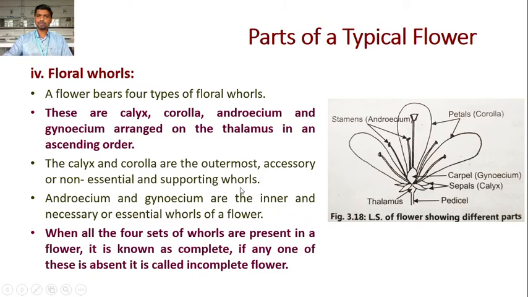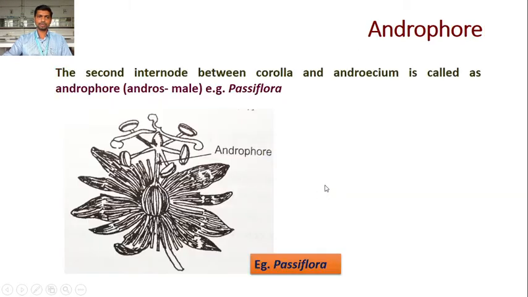So these are the floral whorls: calyx, corolla, androecium and gynoecium. If one asks how many calyx are present, we have to count the sepals. Here 4 sepals are present. If one asks how many corolla, how many petals? 1, 2, 3 petals are present. How many stamens? 1, 2, 3, 4, 5. Androecium, stamens; gynoecium, carpels. The number of carpels we can see after taking the TS of the ovary. The carpels are the compartments found in the ovary. So these are the floral whorls.